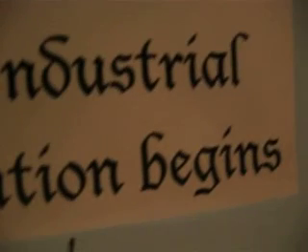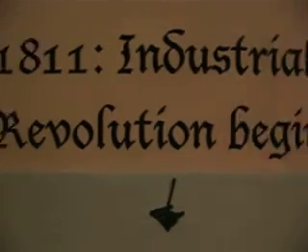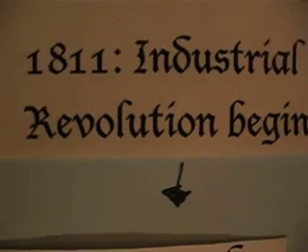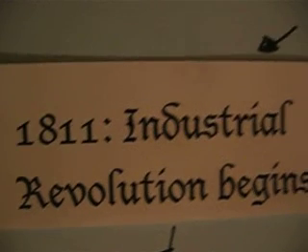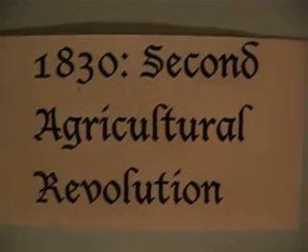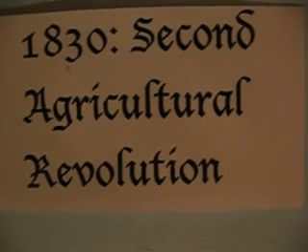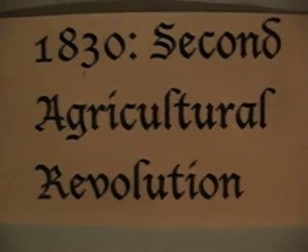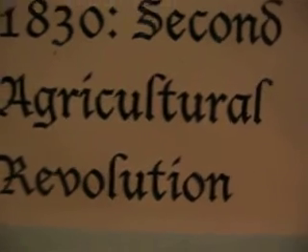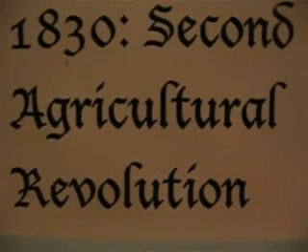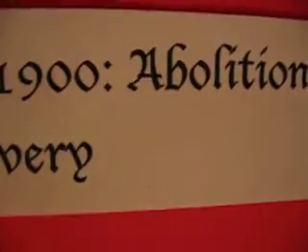Anyway, the Industrial Revolution begins around the same time, based on ideas from the Scientific Revolution, and inventions that sped up transportation and agriculture and production in factories came from the Industrial Revolution. And this also led up to the Second Agricultural Revolution, when people decided they didn't need slaves or farmers working on their farms. They could have robots or machines, because that's what the Industrial Revolution produced, a lot of machines for agriculture. So this was another factor leading up to the abolition of slavery, as you can see.